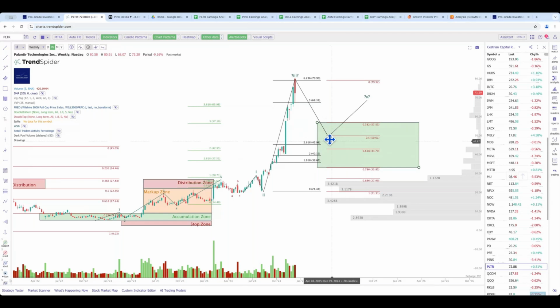And people say it'll never happen again, it's going to go to the moon. Well, stocks don't do that. Volatile stocks continue to be volatile, so it will drop at some point. And if it follows this pattern, my guess is it will drop to somewhere between 57 and 34. I would expect it to be higher rather than lower in that range before another move up, which might put in a further high up and over the most recent high. So I think the stock looks pretty good. You have to be brave if you're buying at this point, but if you have faith and belief in the stock, all well and good.